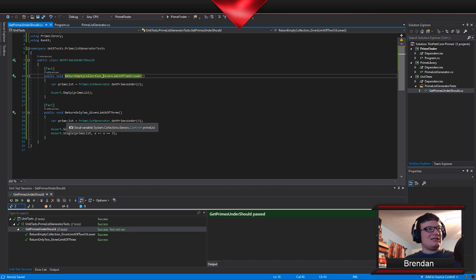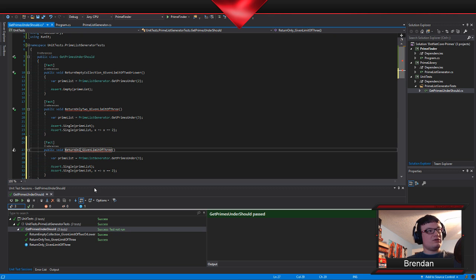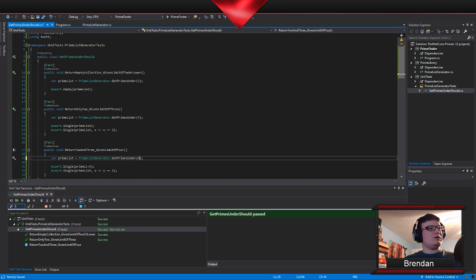The next thing that we would want to check is I want to confirm that the same trick works. Return 2 and 3 given limit of 4. So I'm going to give myself a limit of 4. I'm no longer expecting a single.